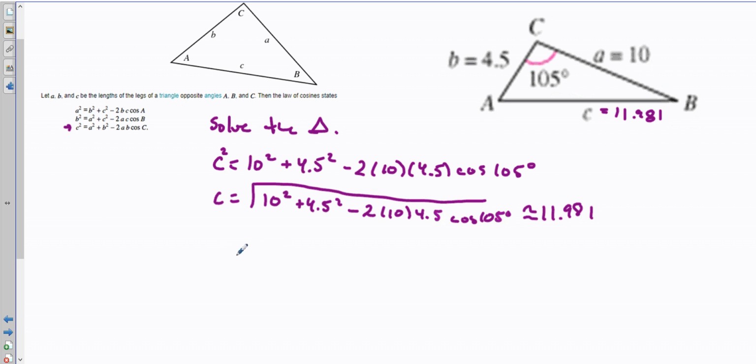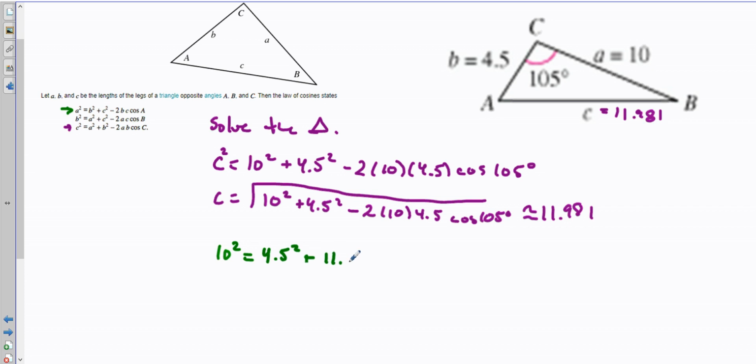And so let's say we want to figure out what the measure of angle A is. Well, now that we have this side, really we can perform a lot of different operations. Law of cosines would probably be specific to use, so I'm just going to use law of cosines just because it's here. So I find a measure of angle A. Given the two sides we have, we can say that A squared, which is 10 squared, is going to equal, well, it's B, which is 4.5 squared,